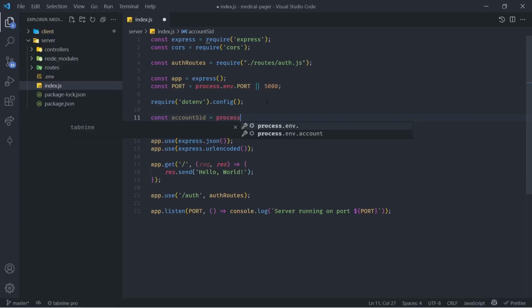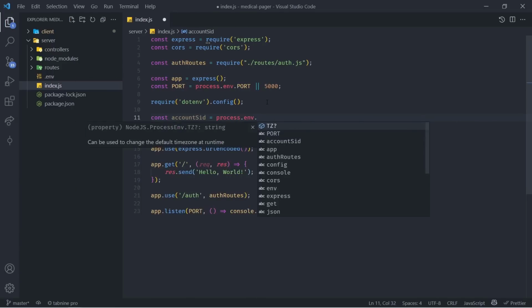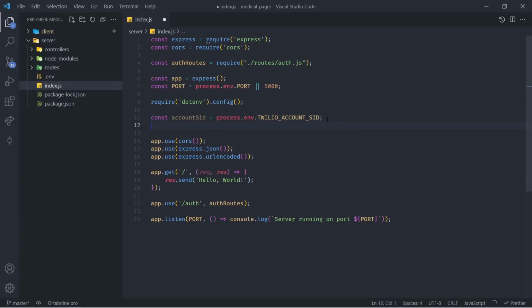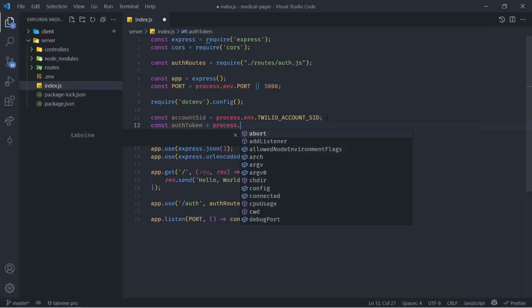And we're going to get that from process.env.TWILIO_ACCOUNT_SID. We don't want to simply paste it here because we need this data to be secure. Then we're also going to need the auth token. So we can say const authToken is equal to